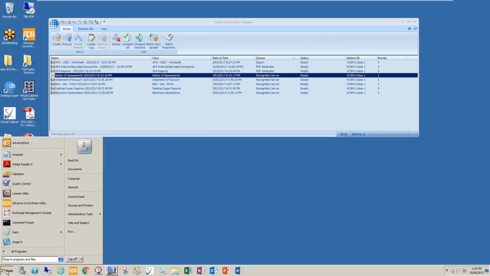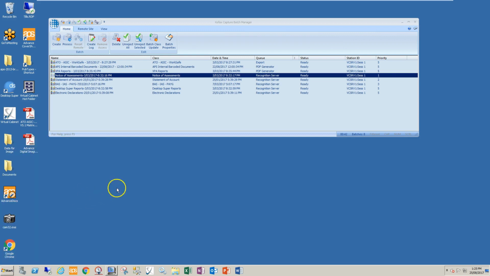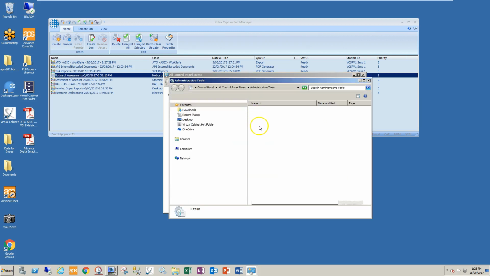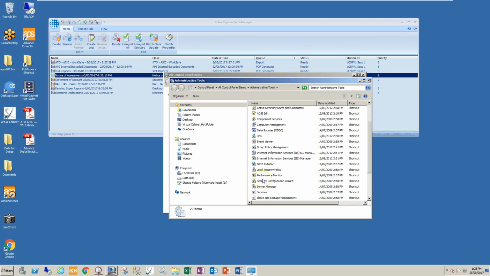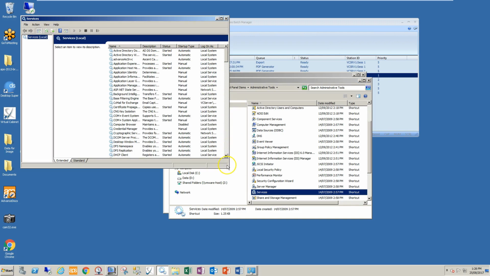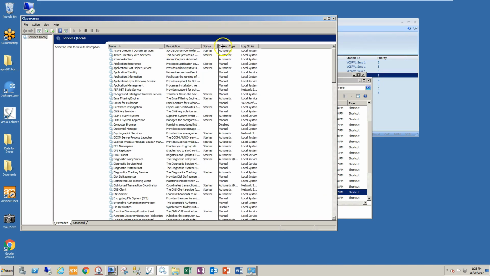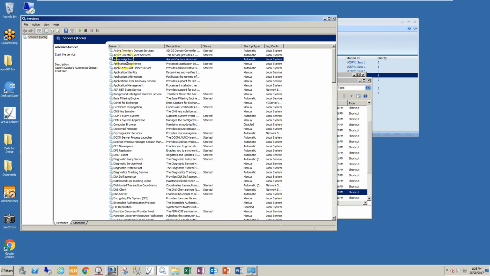So we just go to the Start button and we can go to Control Panel. You can go to the Administrative Tools, and of course under Administrative Tools you'll find the application called Services. So that's where we would have a certain number of the Kofax modules automatically running for you in the background. For those that have got the import controller, which picks up images from the network drive, you've got an advanced AIC service. You might see the word automatic and yet it hasn't got the word started on it. So you can of course just right mouse click and hit start and the process will start and pick up